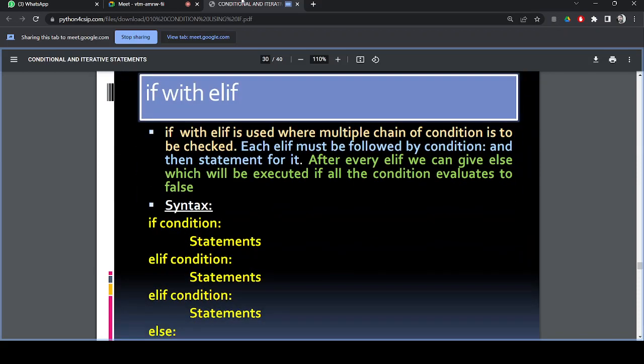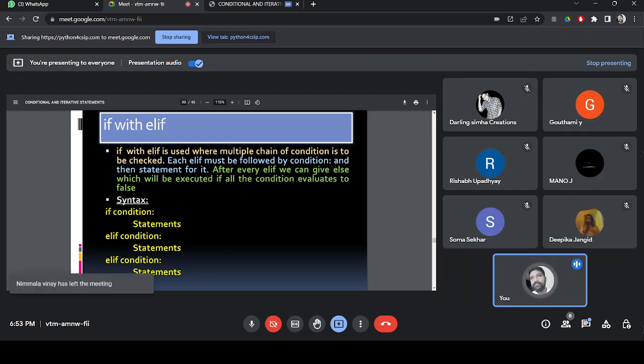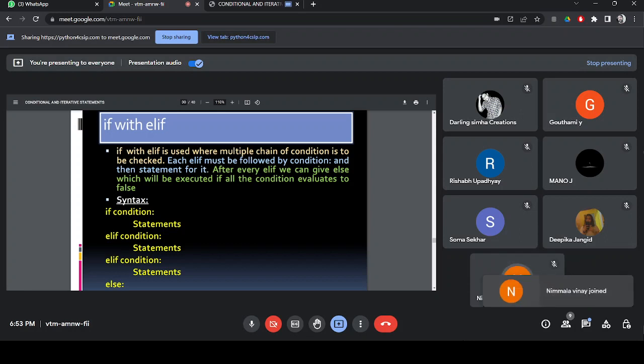Moving on, I want to introduce you to the next statement called if elif. I told you our real life is not as easy as these things. Real life is not as easy as solving with if else. No, that is not the story. It is not ending there. We may have multiple conditions, we may have a lot of conditions, and we have to take action accordingly.